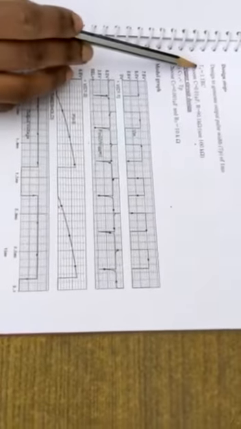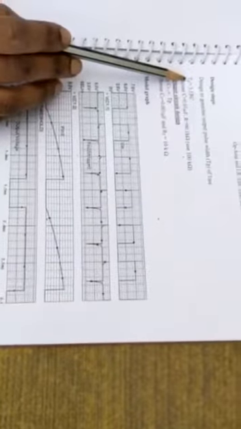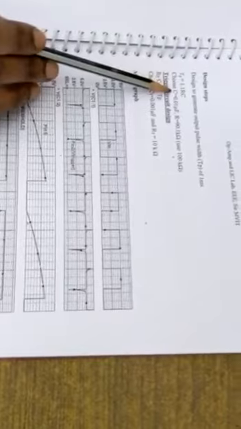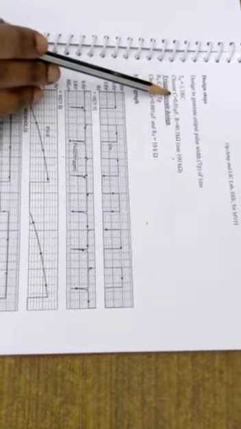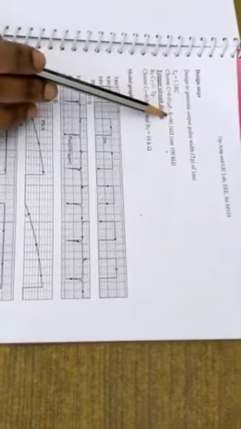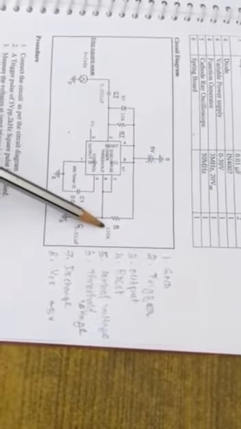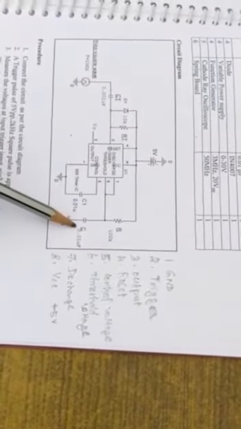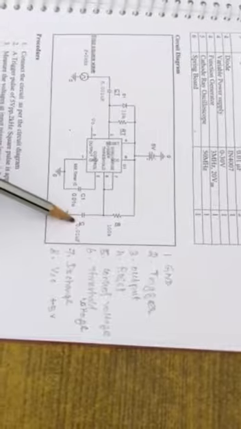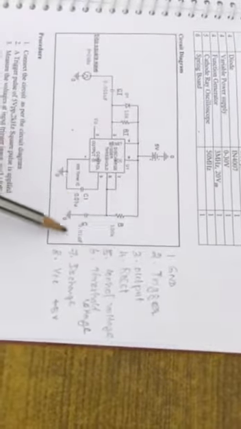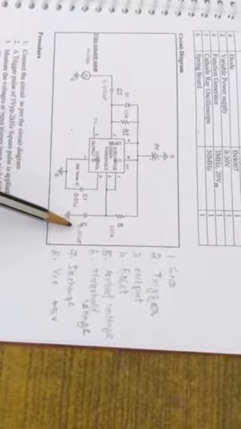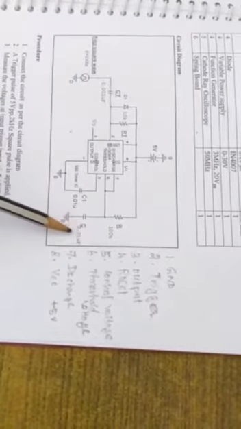The expression for this is Tp = 1.1 RC, and I assume a value of capacitance of 0.01 microfarad. Substituting in this equation, I get a value of resistance of 90.1 kilo ohms, which is nearly 100 kilo ohms. So in the circuit, I use an R value of 100 kilo ohms for the chosen capacitance of 0.01 microfarad. This value of RC will decide the time duration of the output pulse.